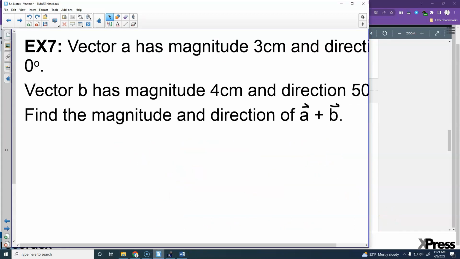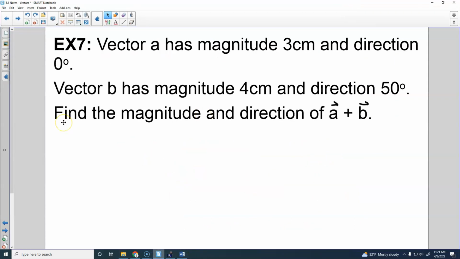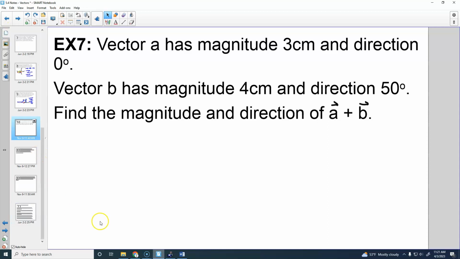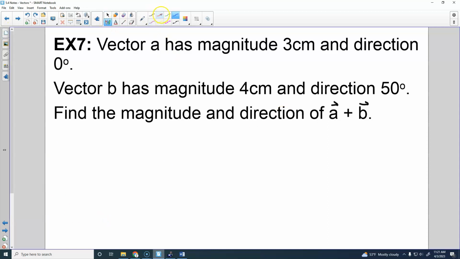Okay, let's do a few that are not right angles. Vector A has a magnitude of 3 centimeters and a direction of 0. Vector B has a magnitude of 4 centimeters and a direction of 50 degrees. So for this problem,